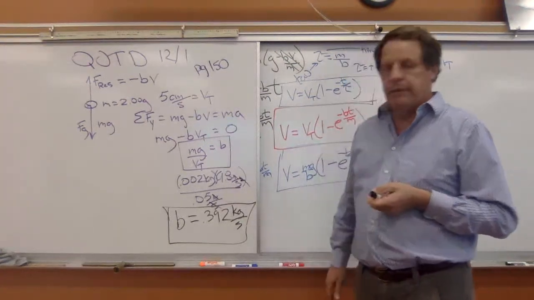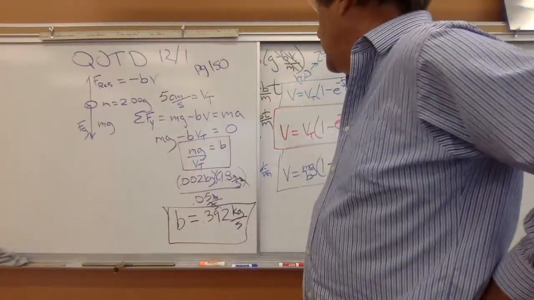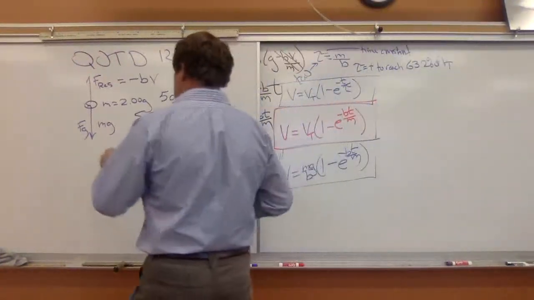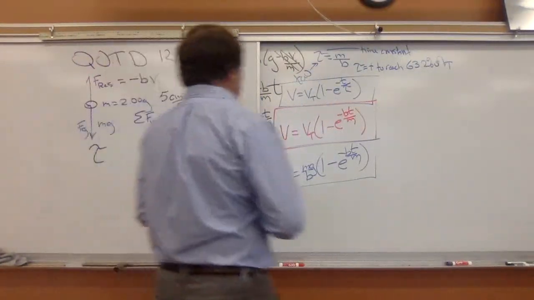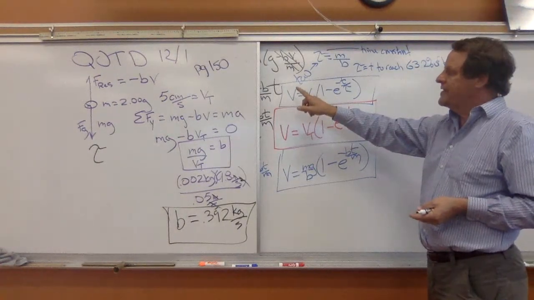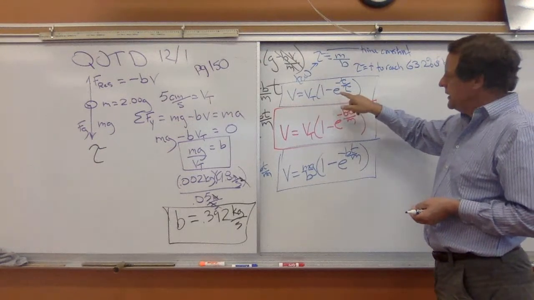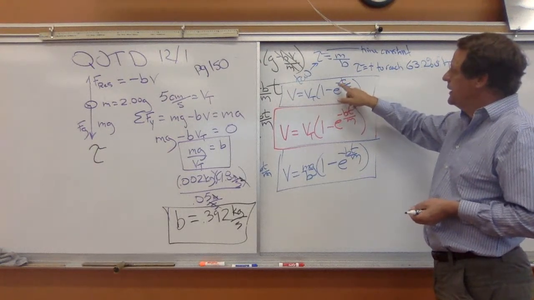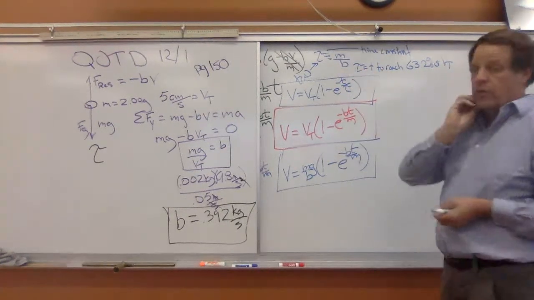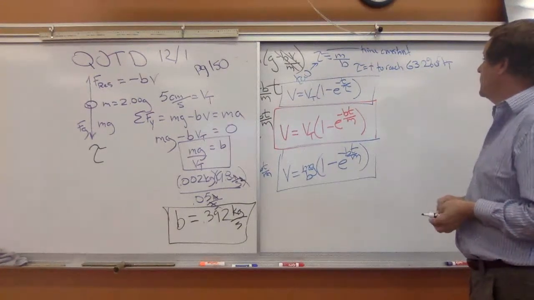So that would be B. So the second value is going to be what is tau? So if you go back into this, here's the equation that's involving tau. V is equal to Vt times 1 minus e to the negative t over tau. So tau is just simply m over B, and it is the time it takes to reach